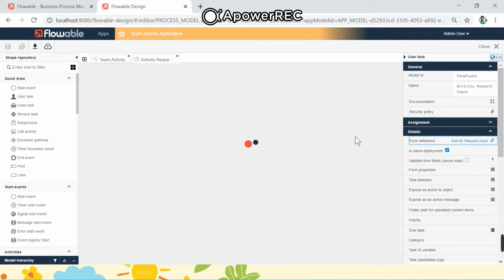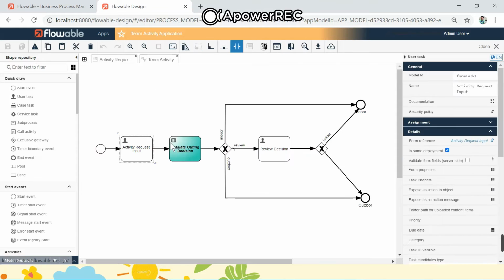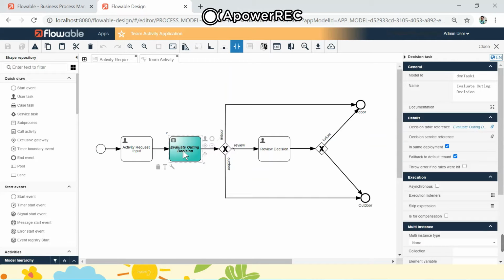There we'll get inputs like name, count, budget, and choice as fields from the user activity, which will be cascaded to the decision task. The decision task will have the separate business conditions, evaluate all these conditions, and give the output as either indoor or outdoor, which you can see here as the end events.